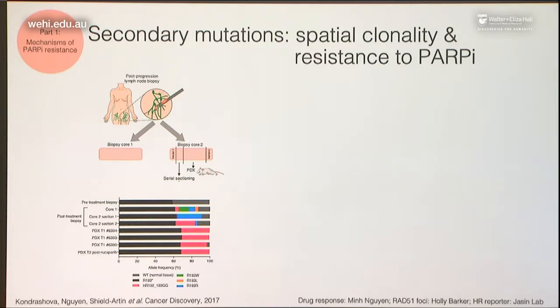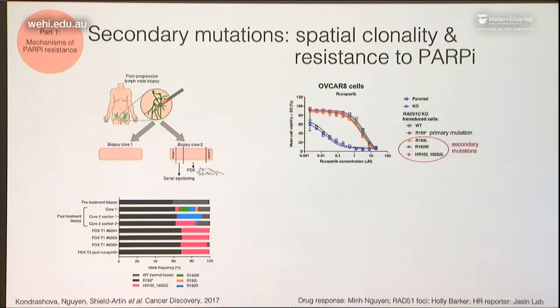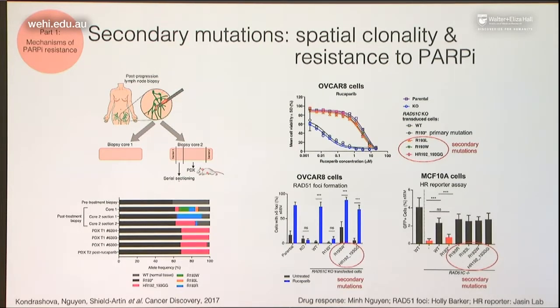And we were lucky enough here that we had access to viable materials, so we transplanted it into mice to establish a PDX model, but unfortunately, we selected the piece of tumor that only had one of these secondary mutations, so we couldn't study all of them. So we once again used cell line models to model these mutations, and we saw a similar thing to what we saw with RAD51D, where these secondary mutations resulted in resistance to rucaparib, while the primary mutation resulted in sensitivity. We also performed 2 assays for HR activity. And they showed the same thing, that the primary mutation resulted in HR deficiency, while the secondary mutations restored the HR pathway, and so caused